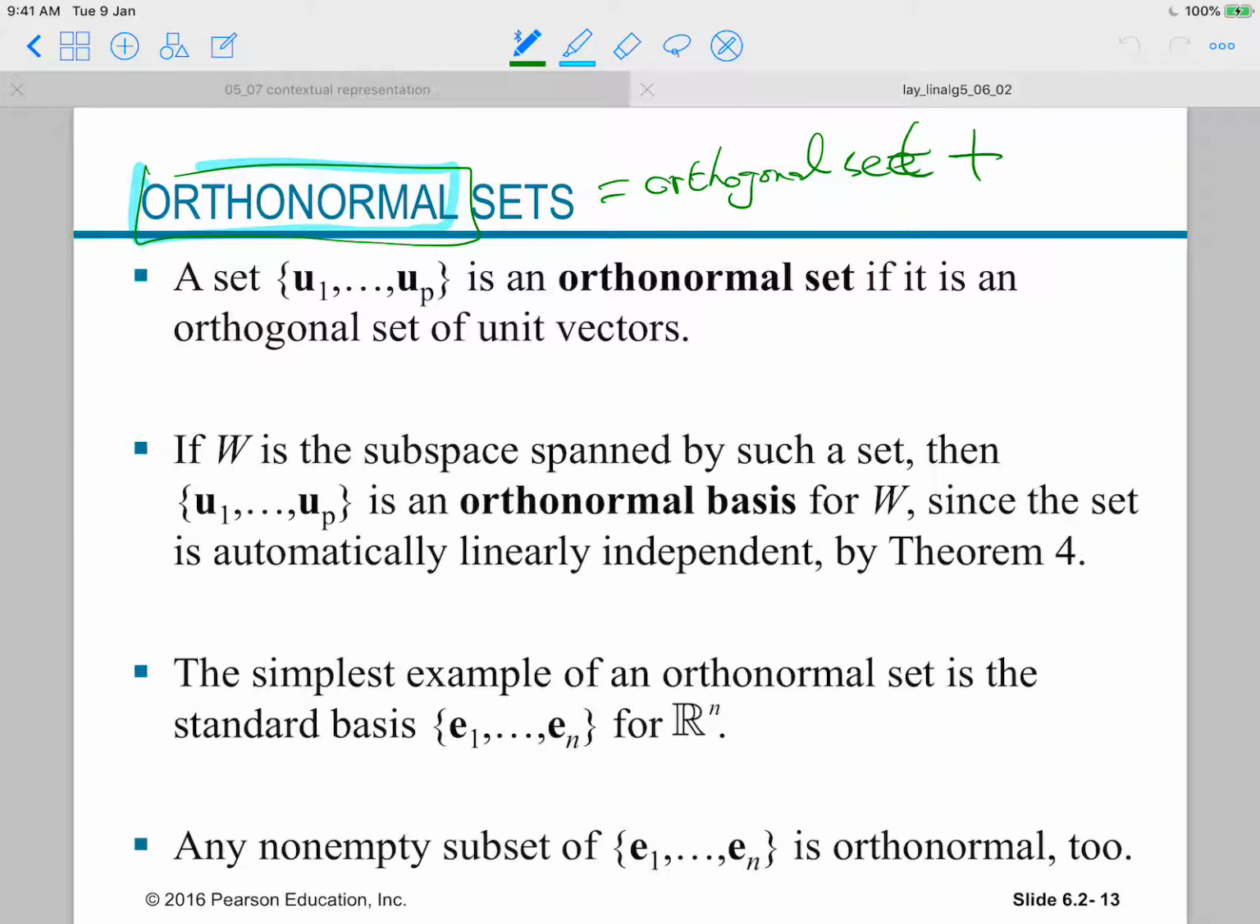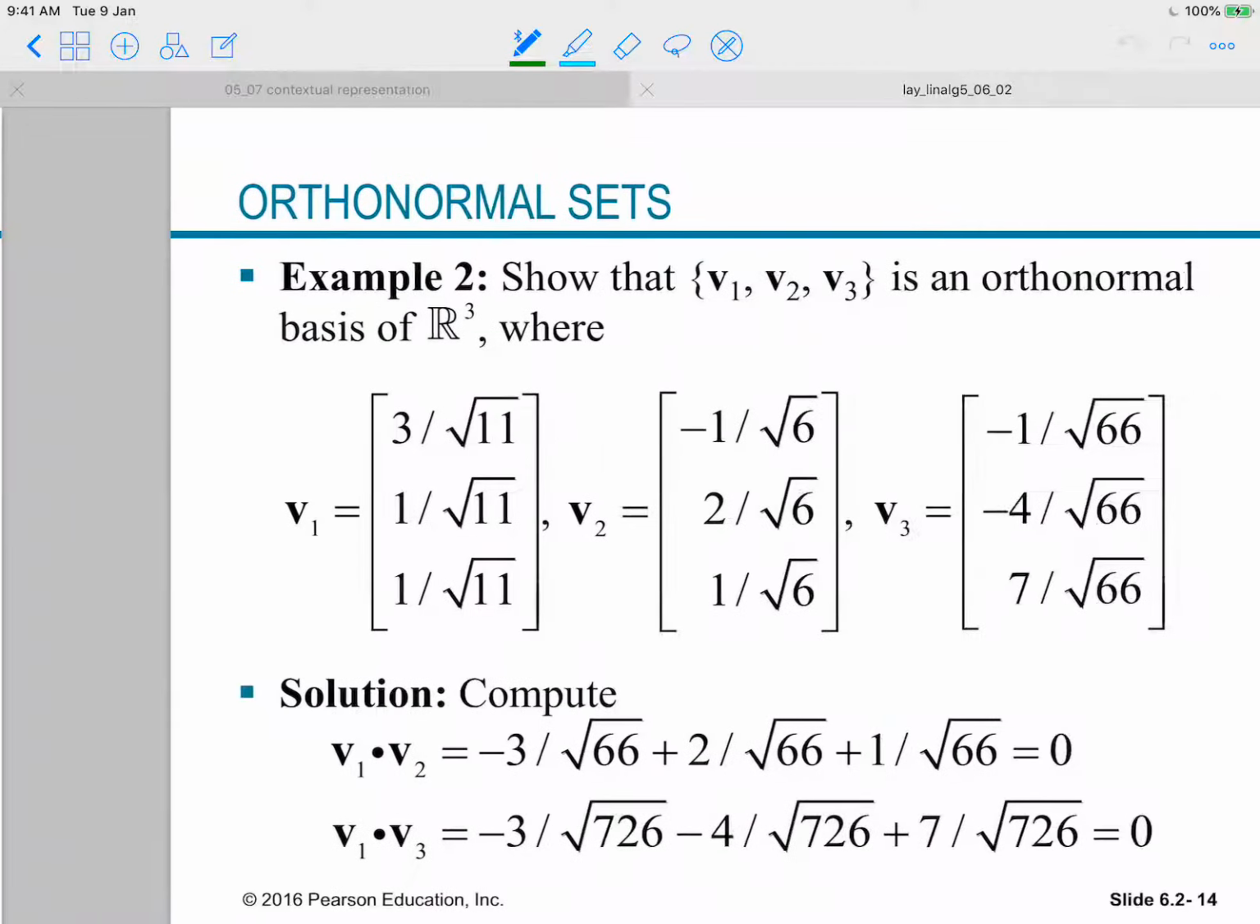Okay, so that is an orthonormal set, and